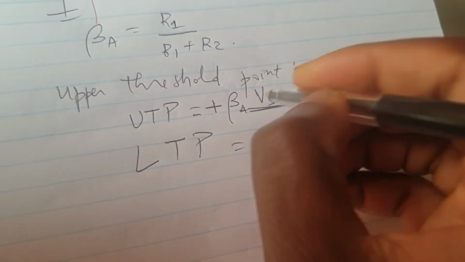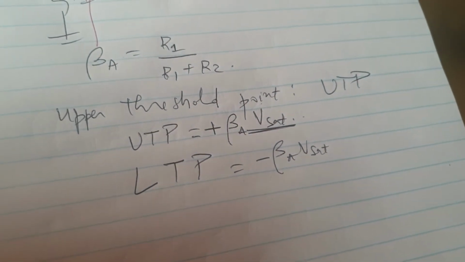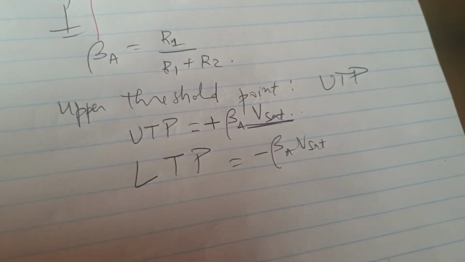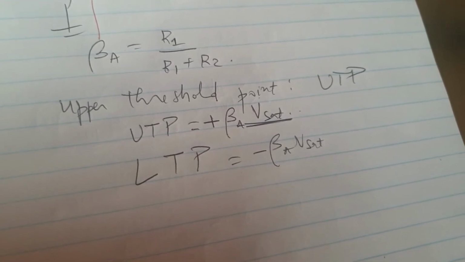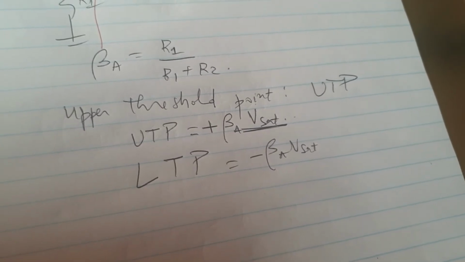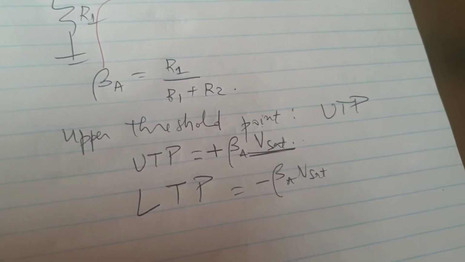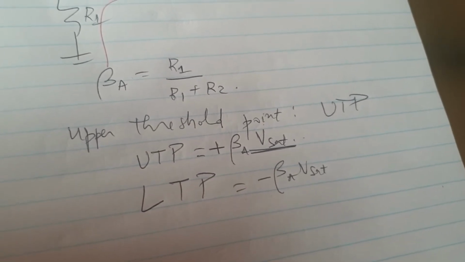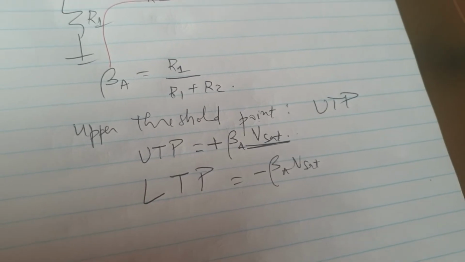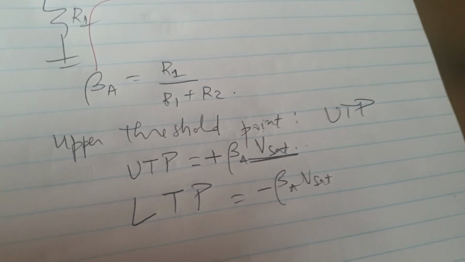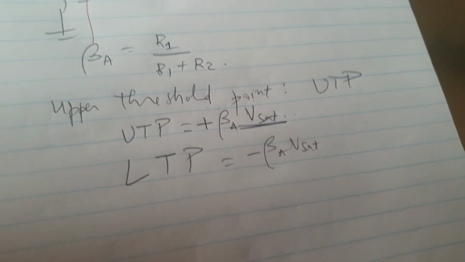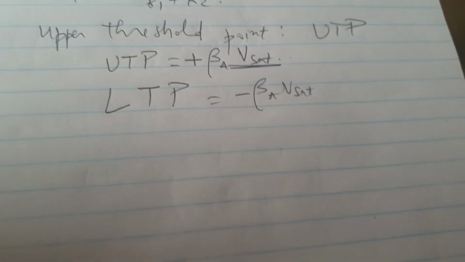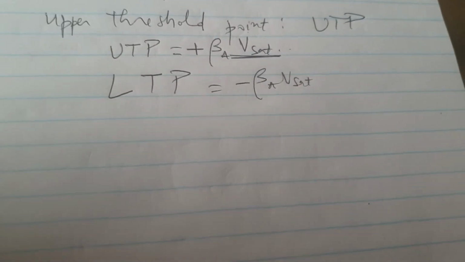Remember, when I say VSAT here, I'm basically referring to VCC subtracted by the V saturation of the amplifier, or VEE added with the V saturation of the amplifier. So it's VCC minus small VSAT, or minus VCC plus VSAT, but it can sometimes be approximated to VCC on one side and minus VEE, or VEE as a negative number, on the other side. Okay,